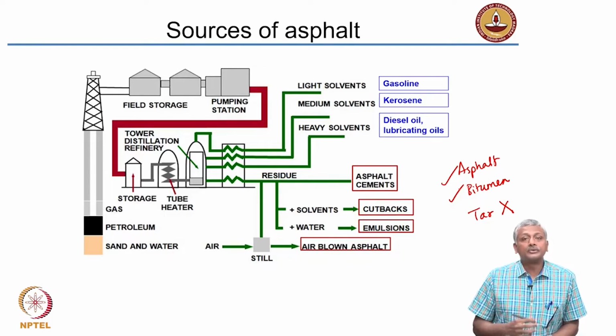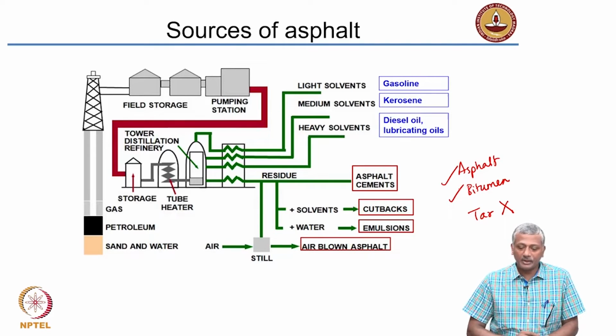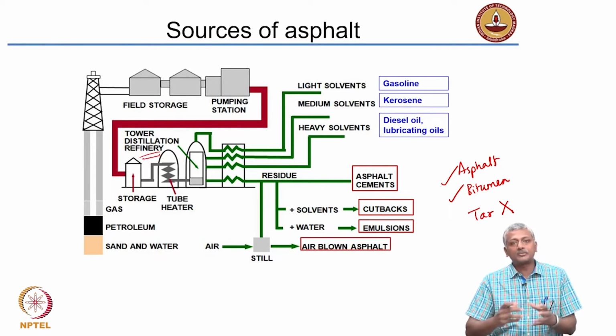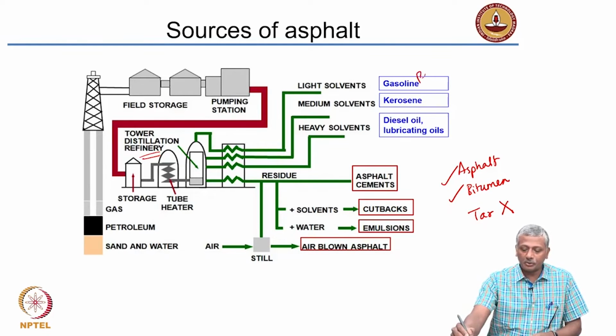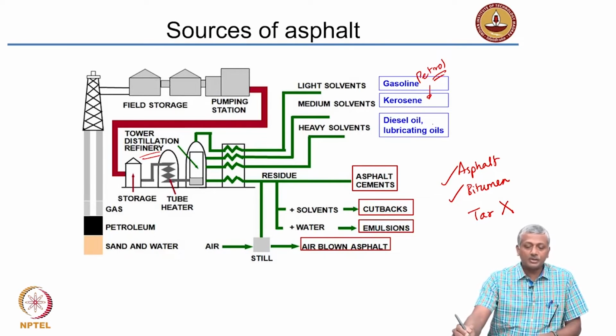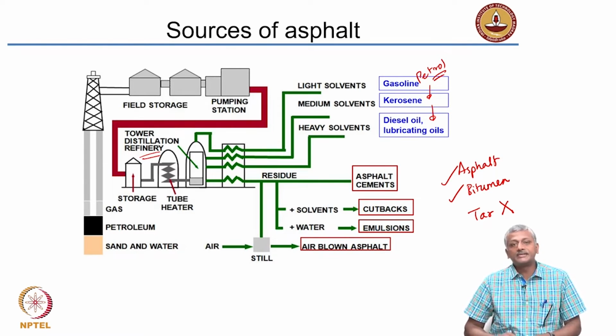Okay. So, bitumen or asphalt is obtained during the fractional distillation of crude oil. So, you take crude oil and send it through your distillery or refinery, and then you make all kinds of products from it. You get light solvents like gasoline or petrol. Gasoline or petrol is basically a light solvent. Then you get medium solvents like kerosene, and then you go towards heavier solvents like diesel oil or lubricating oil. So, all your